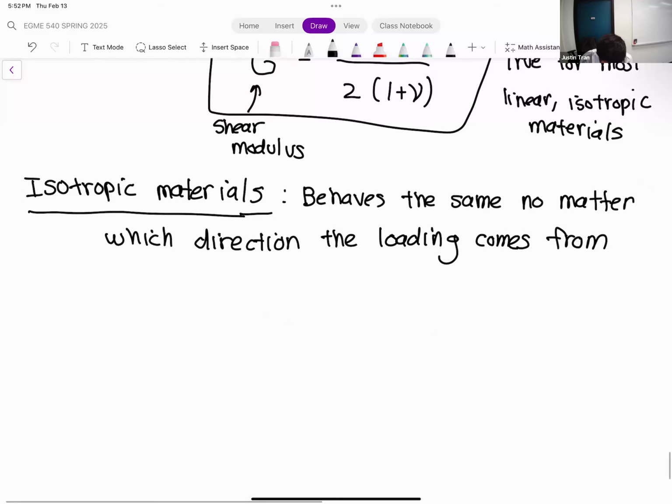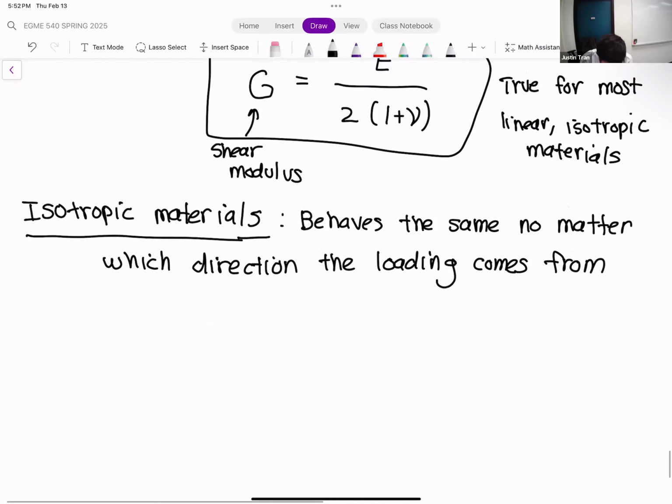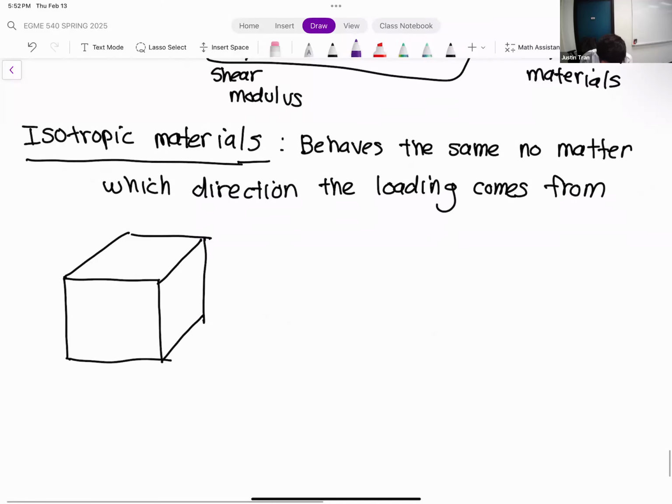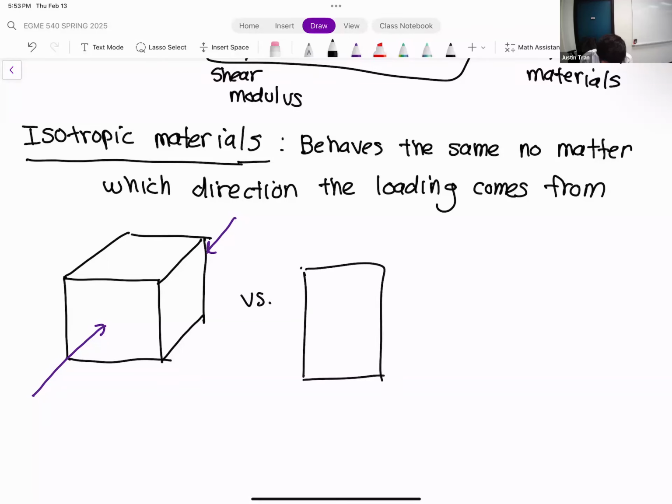Okay, so what does this mean? So we have a cube of the material, and let's say that we load it in this direction. If you load it in that direction versus this direction,